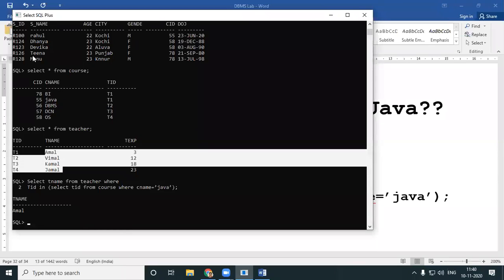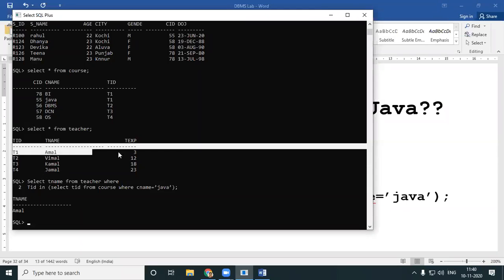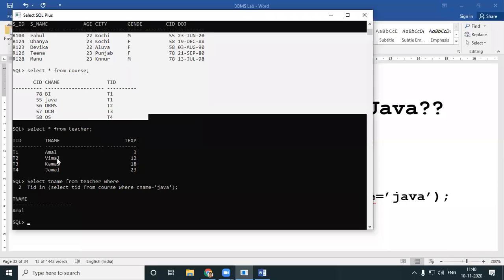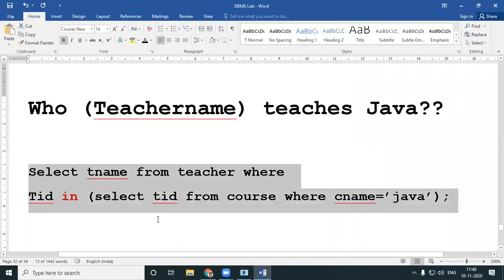Manu is in this table, which means you'll have one outer query, just teacher, and two inner queries. One connection should happen for Manu, later another connection should happen. So one query, two query, and three query. Let's write the query.